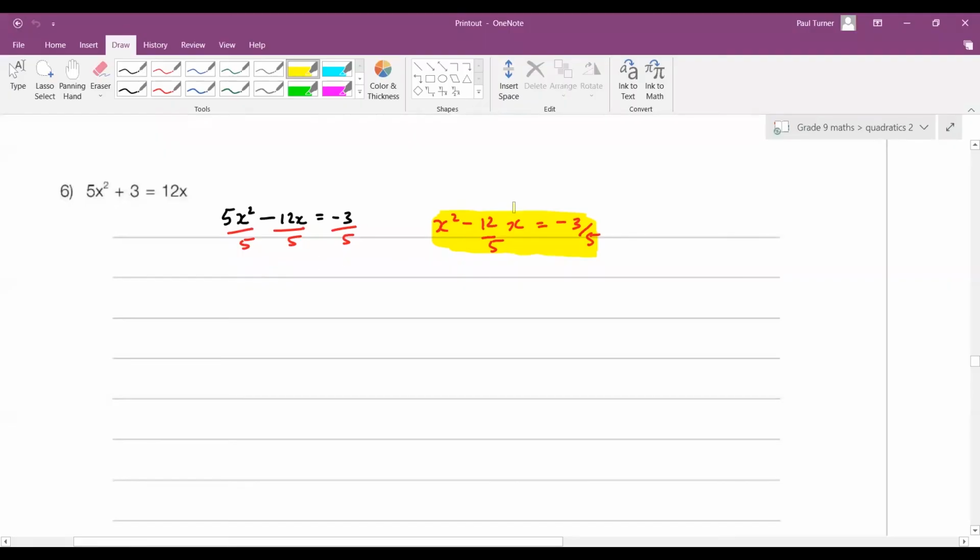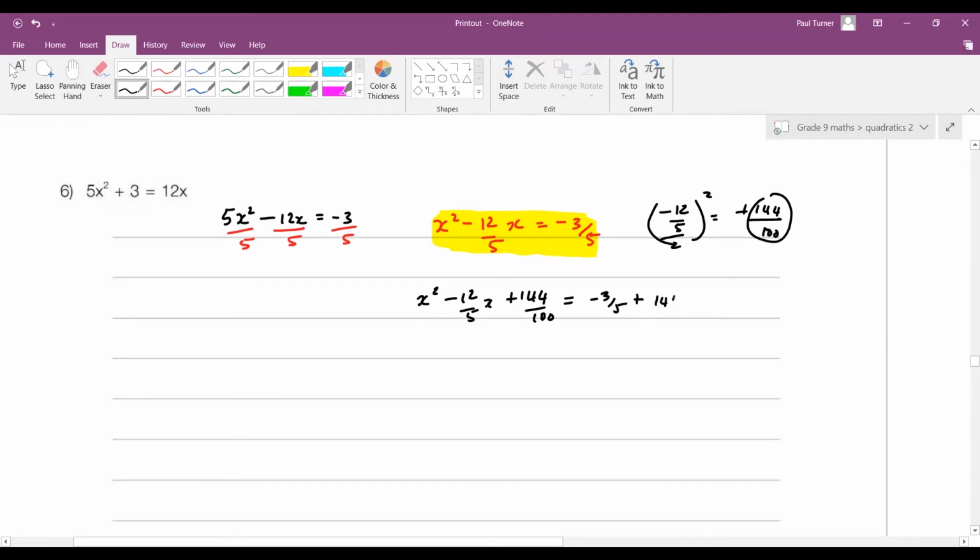Okay, so we take the middle number, half and square that. You get minus 144 on, oh, it'll be plus and 10, that's 100. So that's the same as the last question. So we got x squared minus 12 on 5x plus 144 on 100 equals minus 3/5